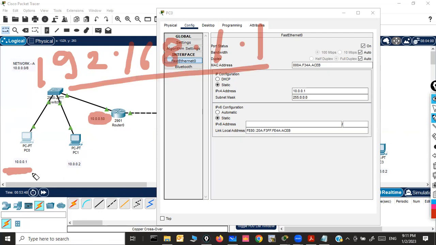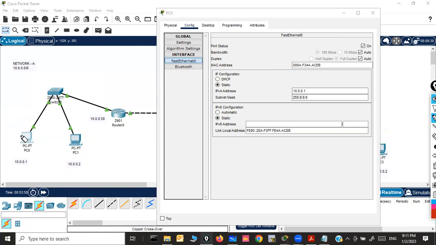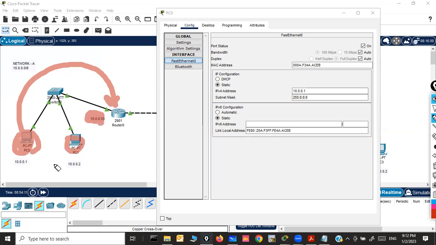Because if the computer's IP address and the internal interface of the gateway are not from the same network, there is a problem, because this machine then won't be able to connect to or reach the gateway. So the gateway internal interface IP and end host device IPs very much all should be from the same network. That's a very valid question. They all should be from the same network.